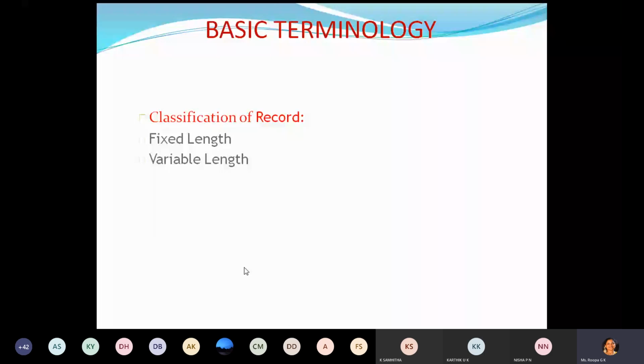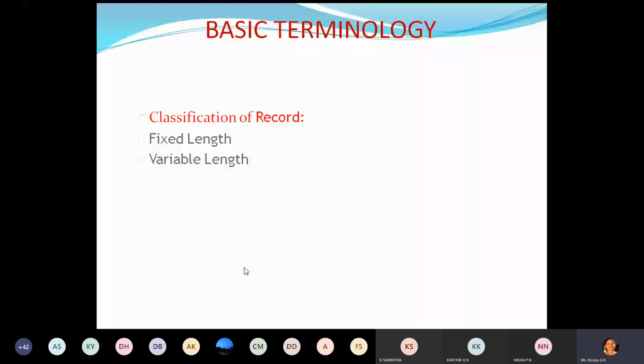But in variable length records, file records may contain different lengths. One file may have some 100 KB of length, another file may have some 500 MB of length. For example, student records usually have variable length since different students take different numbers of courses. Usually, variable length records have a minimum and a maximum length.